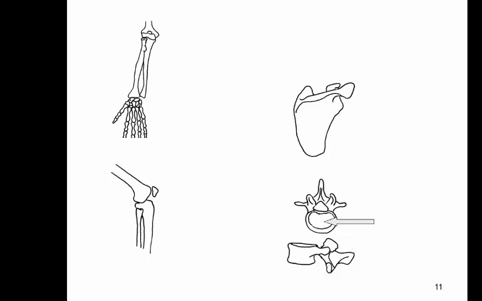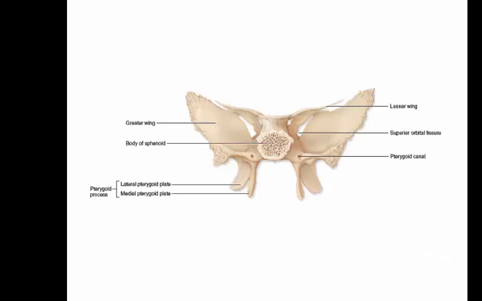Any bone that doesn't fit into the category of long, short or flat bone is classified as an irregular bone, and the example in your diagram is a vertebra of the spinal column. In an irregular bone, such as this one found in the skull, this is the sphenoid bone,